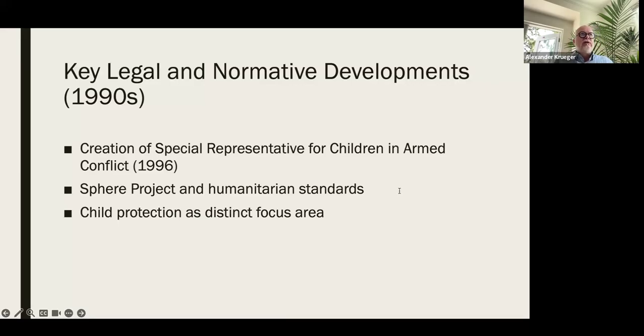So child protection development was much more focused on legal frameworks, while child protection emergency still was mostly focused on unaccompanied children and children that are associated with the armed forces. What is of interest in the 90s in terms of key legal or normative aspects is the launch of the Sphere project in humanitarian standards that didn't cover child protection, but has brought up a lot of the issues around accountability of international organizations working in the humanitarian sector. This is relevant because in